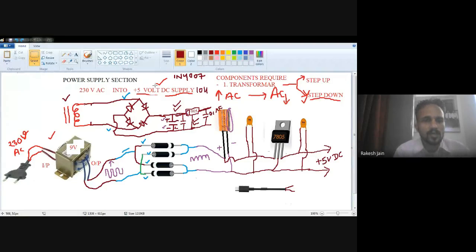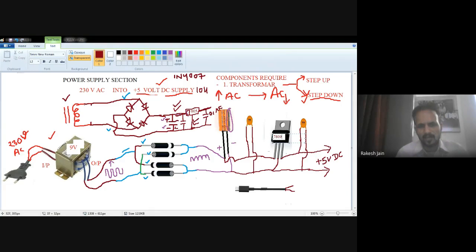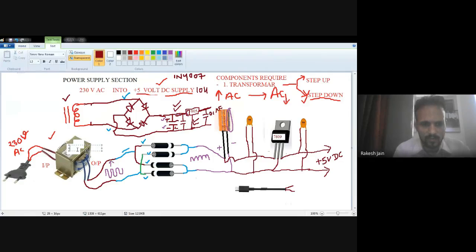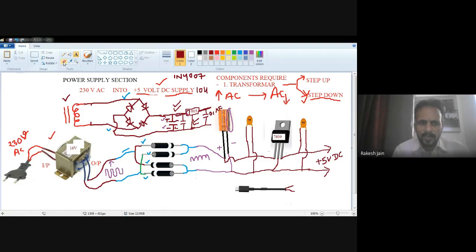A 5 volt DC I find. For 9 volt DC, the circuit is the same. Only this IC you should change. So that is 7809. And also the transformer. For a 9 volt output, a 12 volt transformer you can use. Otherwise a 9 volt transformer will also generate, no problem, but you should use a higher range. Let's suppose you require a 12 volt DC output. Then a 16 volt transformer you can use, any higher range compared to whatever you require. So a 16 volt transformer you should use. It means it will generate 16 volt AC, right?